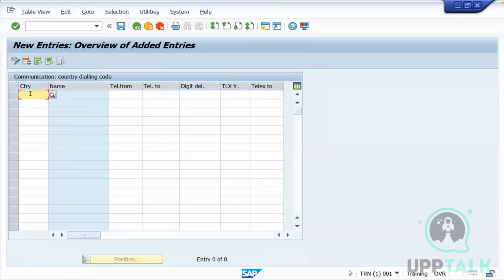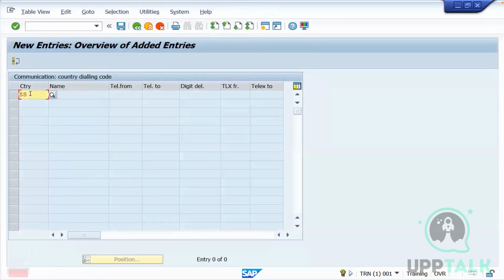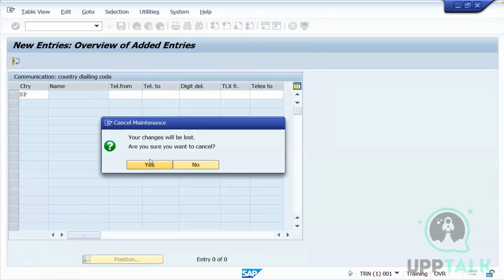The new country name is SS. SS is there. SP. Here we have to perform a lot of